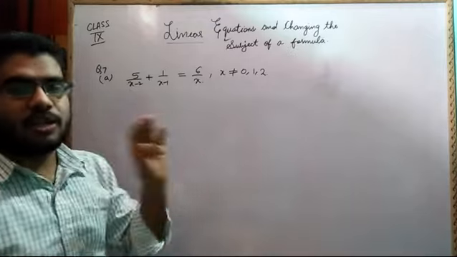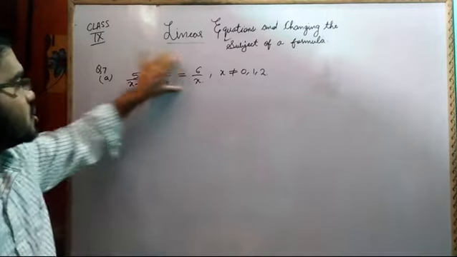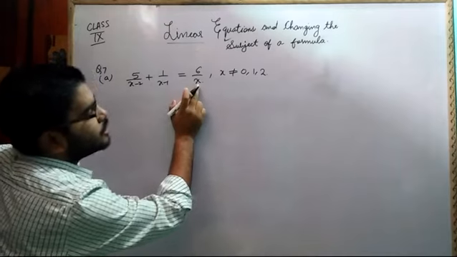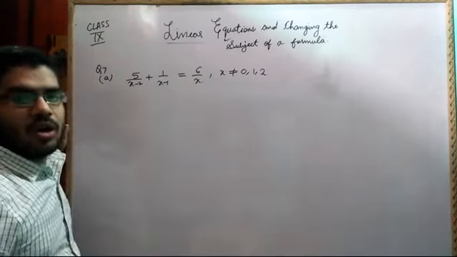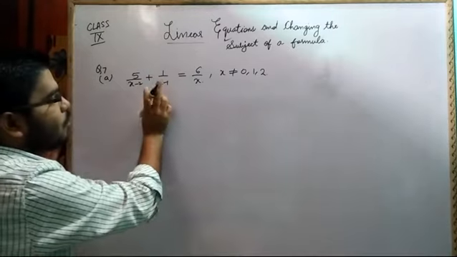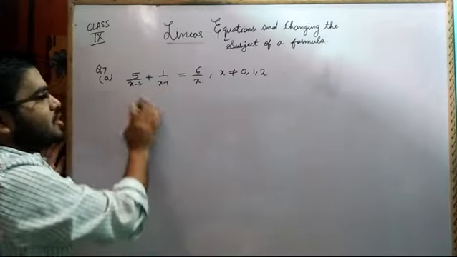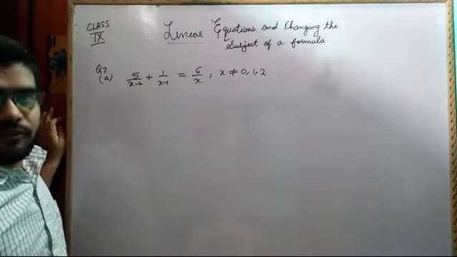It is correct, but it will not be good to write only this much. One has to write this much. Why? Because when we have x is equal to 0, 6 upon 0 will be undefined, and we all know that undefined means meaningless. When we put x is equal to 1 here, 1 upon x, 1 upon 0, again it is undefined. So something added to infinity will always be infinity.